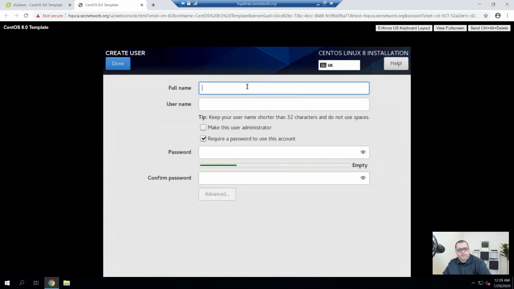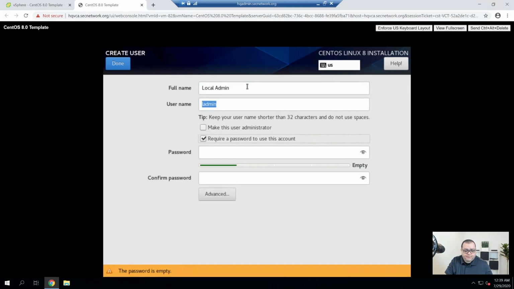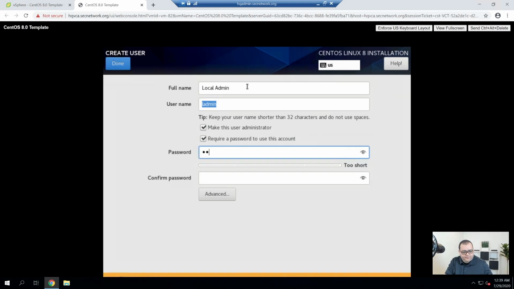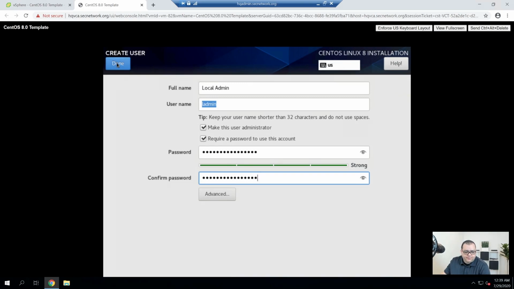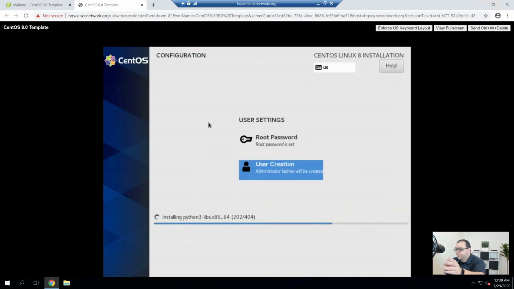And these are temporary passwords, which I will reset once the system is finished booting. Alright, and that is complete.